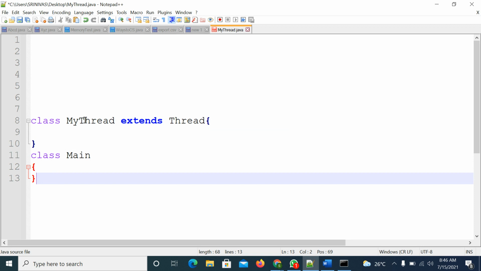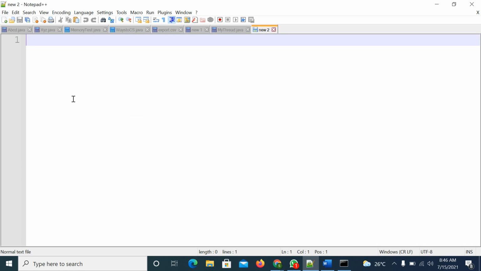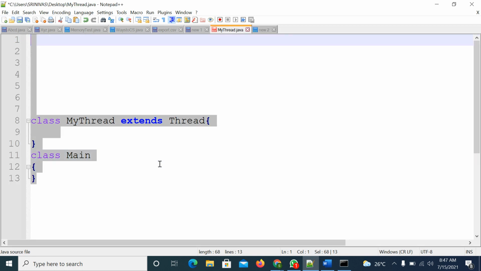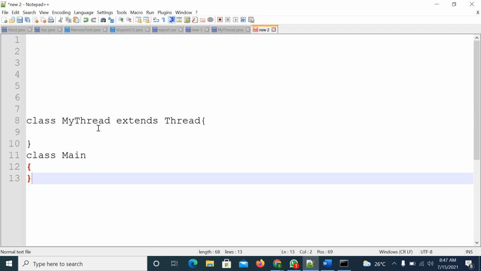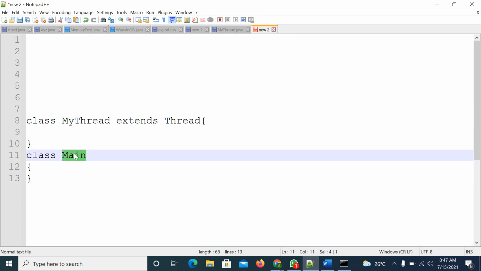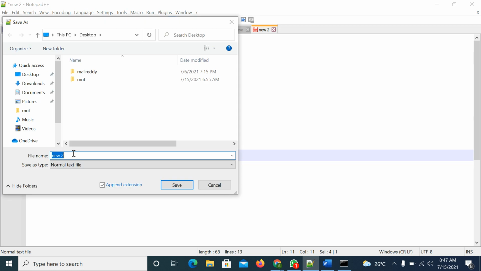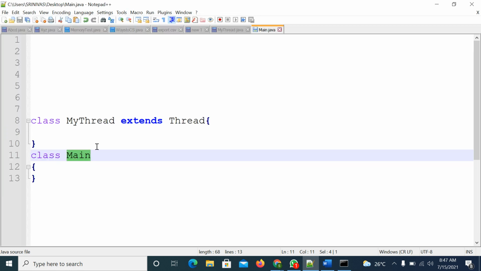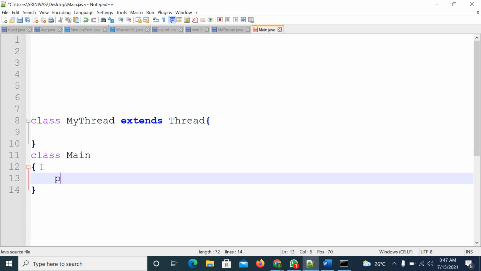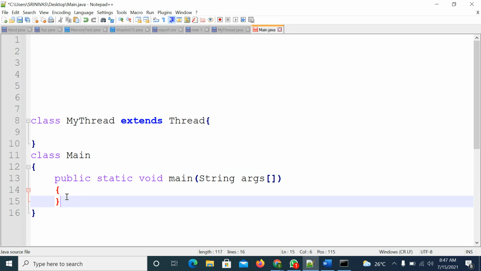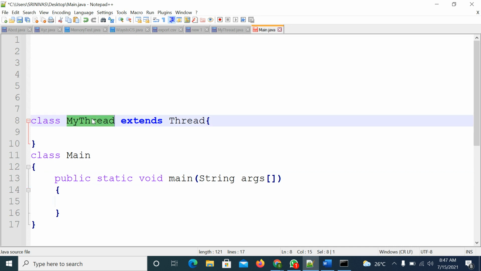Main.java. Inside this main class I have the main method. In this class I am planning to create two threads of my thread class.